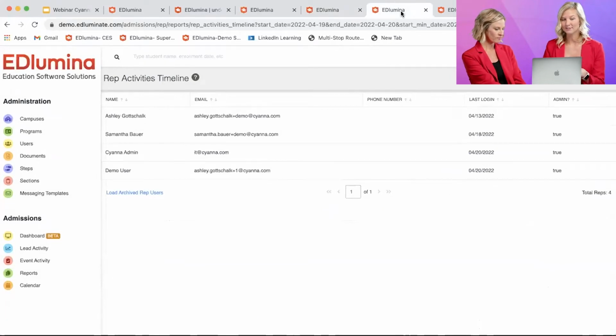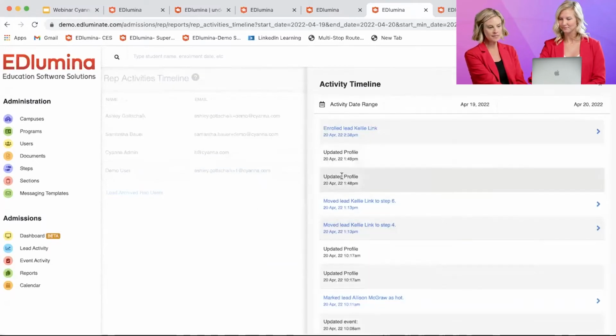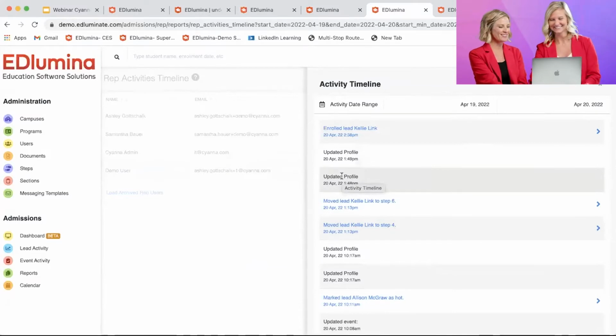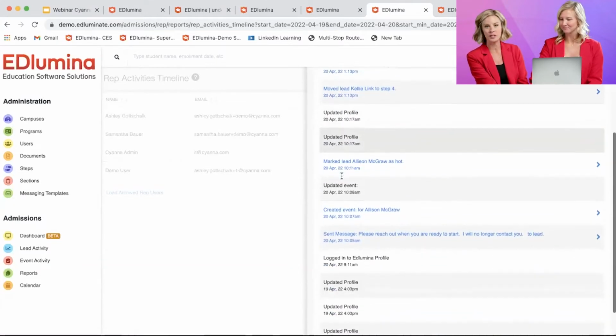Another popular report is our rep activities timeline report. Yep, and so this is basically a rep user, and you can pull it based on a specific date range and know everything they're doing in the system. So good or bad, you can know that your reps actually are active within EDlumina and really using EDlumina